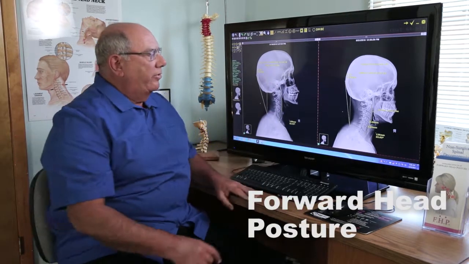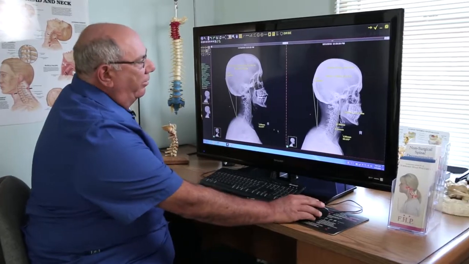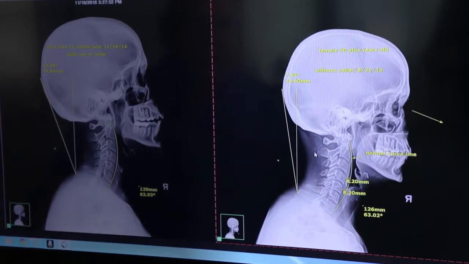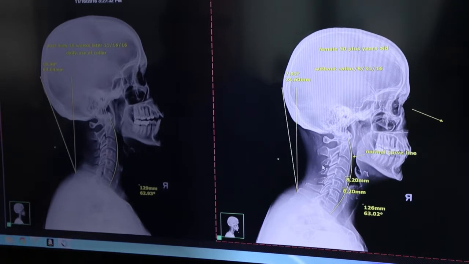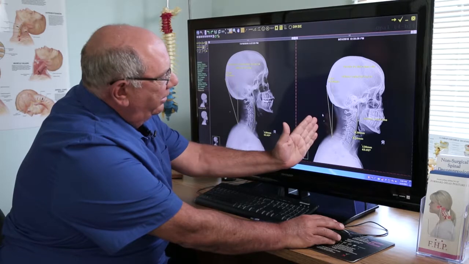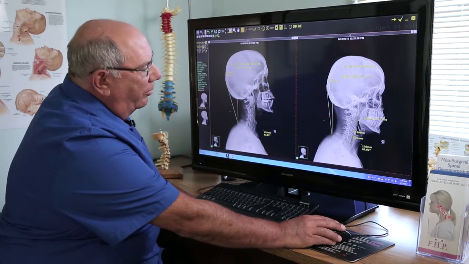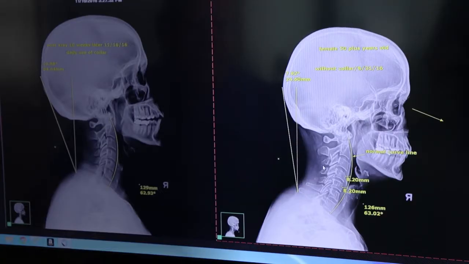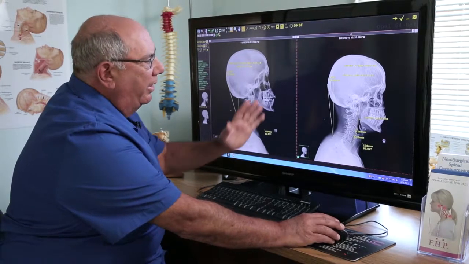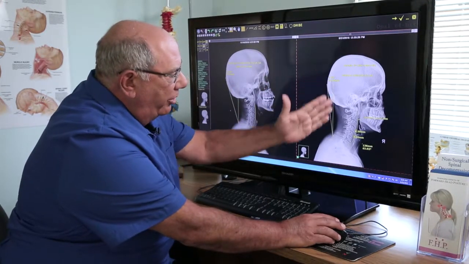Now, if you look at the x-ray here to my left, you'll notice that the head is forward of the shoulder region. One of the things we'd like to see is the head back over the shoulder region, just like you'd see in this angle. And if you look at the vertebrae here, in addition to the head being forward, they're kind of straightened. So the characteristics that we see with forward head posture is the head moving forward and the straightening of the